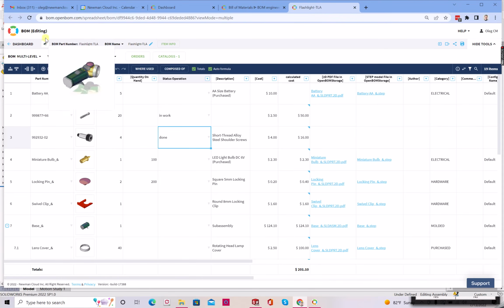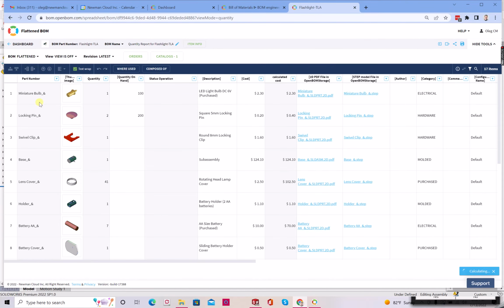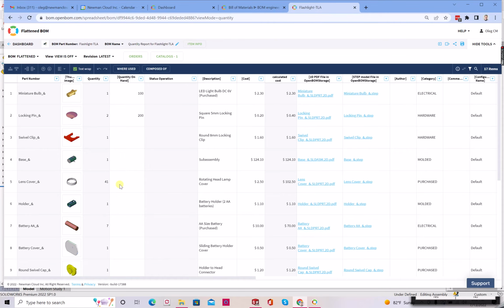You can navigate the bill of materials in multiple ways. Single level, multi-level, which are self-explanatory, but flatten is an interesting one, because it allows you in any place to create a roll-up of quantities and put them in a flat list. Very useful for analysis of what you have in your product. For example, if you want to analyze duplicated parts or similar parts, this flattened list is an absolute must-have tool. And also if you plan purchasing, plan for procurement, it's also your starting point to do all this analysis. Let's get back